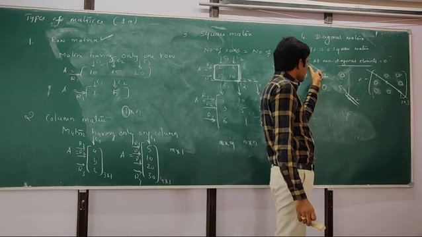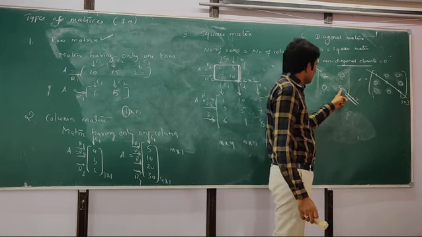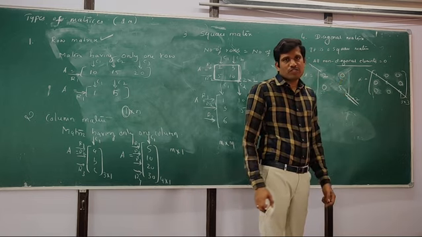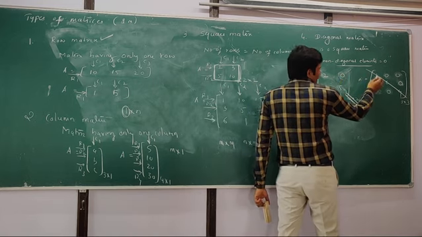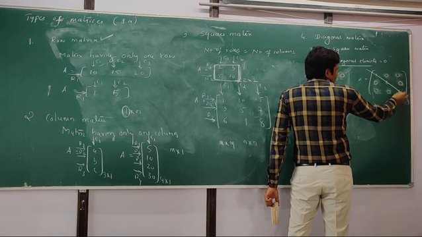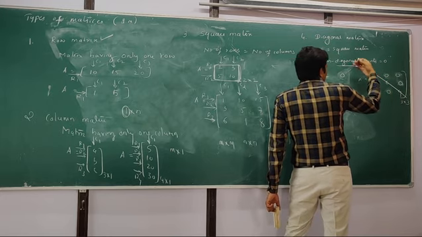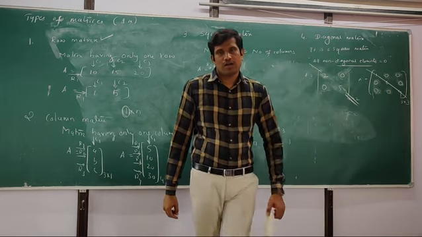So diagonal elements are explained. The elements presented here are called diagonal elements. Other than these diagonal elements, all remaining elements must be equal to 0. Similarly here also, 1, 6, 9 are the elements presented in the diagonal. So all remaining elements must be equal to 0. Then such matrices we call diagonal matrices.